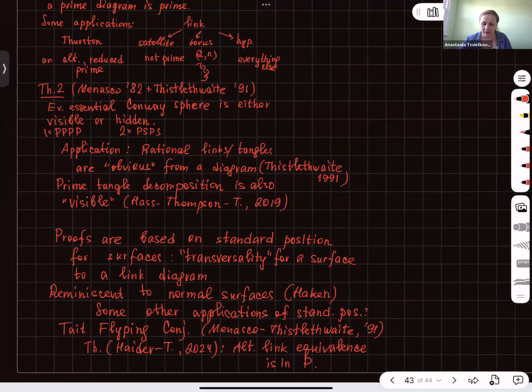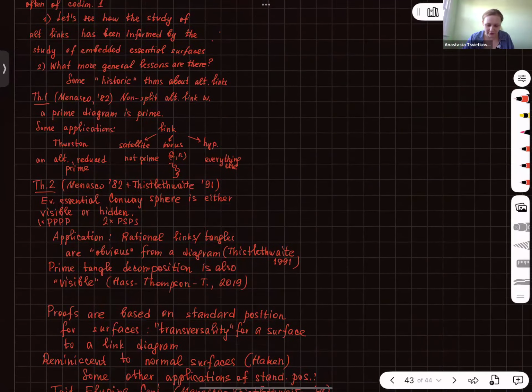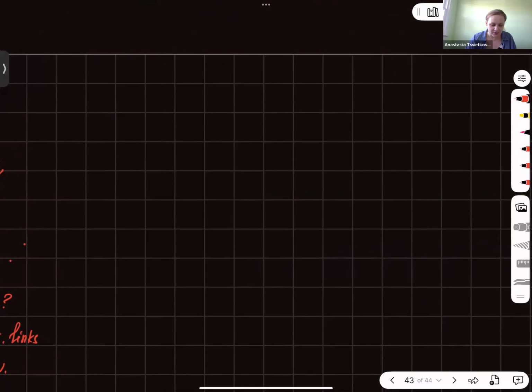We still don't know, by the way, how fast link recognition in general is, right? Or even unknot recognition in general is still kind of a tricky question, because some things are proved, but not everything is proved. So, some other applications of the tight flapping conjecture,